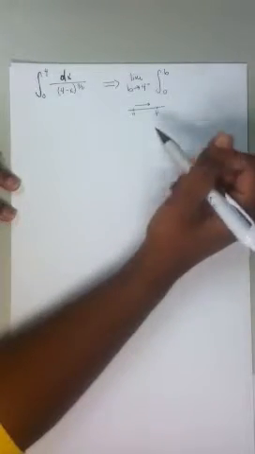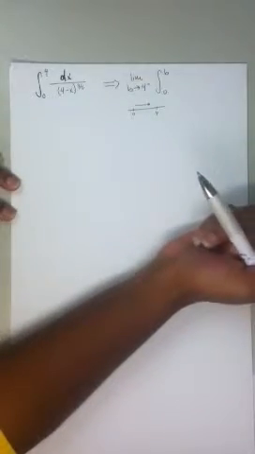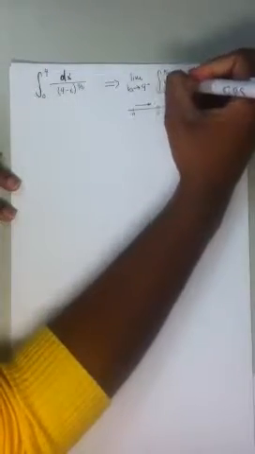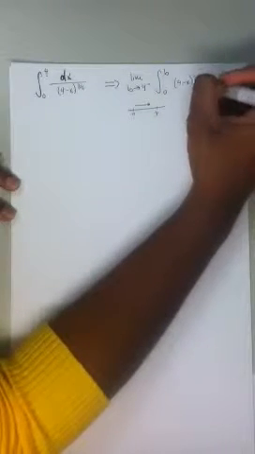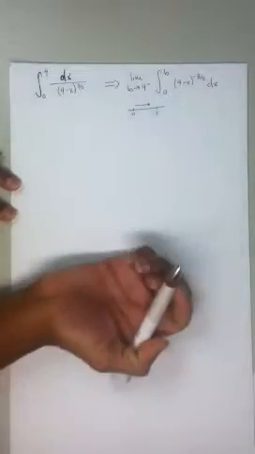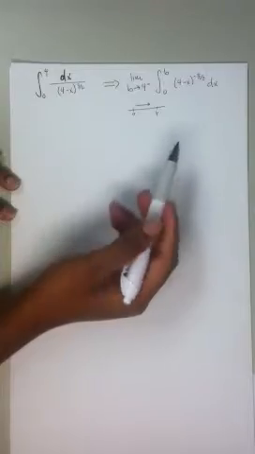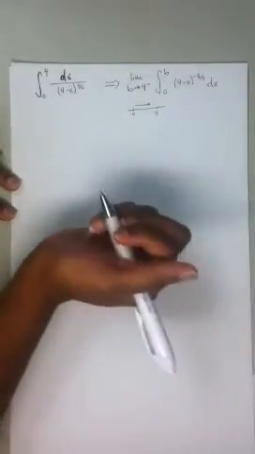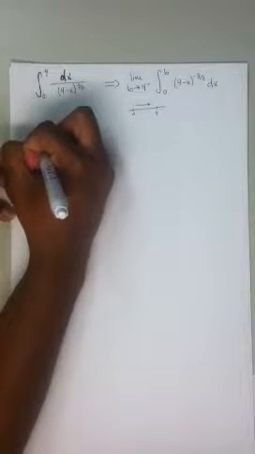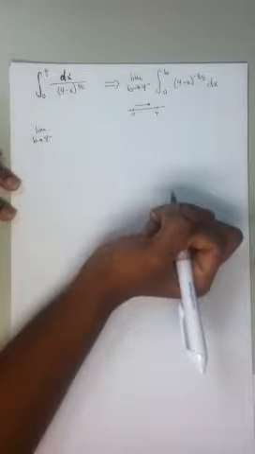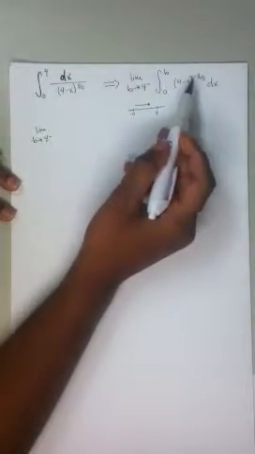And in doing this, what I would usually do is rewrite my equation so that it looks more familiar to me. So I would rewrite this as 4 minus x to the negative 3/2 dx. And that looks more like something that you are familiar with integrating. So from there, we're just going to solve the integral. So we're going to leave it as the limit as b approaches 4 from the left. And if you take the integral of this, you're going to wind up with,